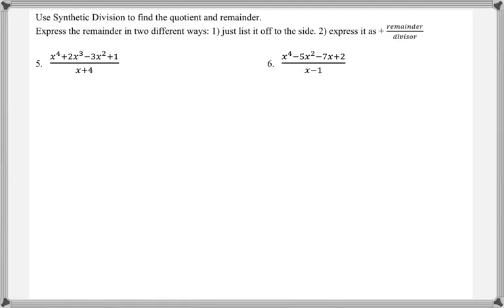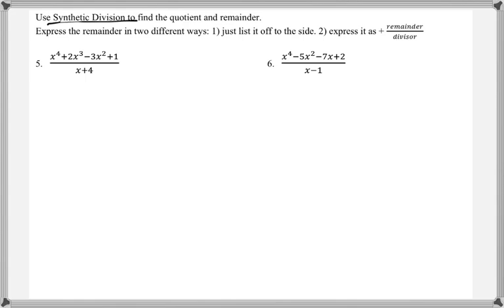So long division can be quite lengthy. So there's a different technique, which is called synthetic division, which we can use when we're dividing by a binomial. So our directions are the same. We still want to list it in two different ways, but they want us to use synthetic division now instead